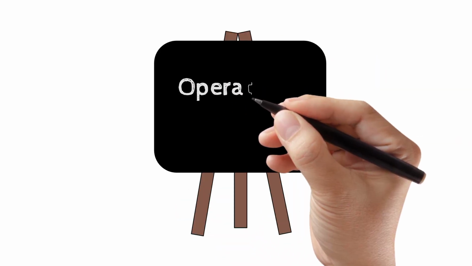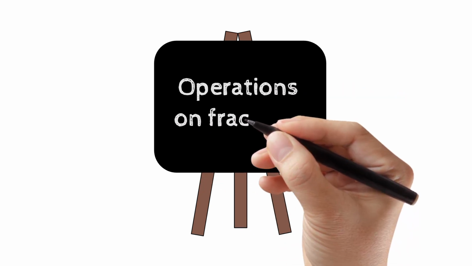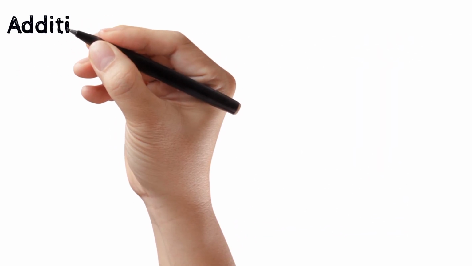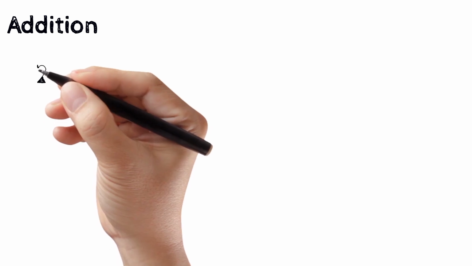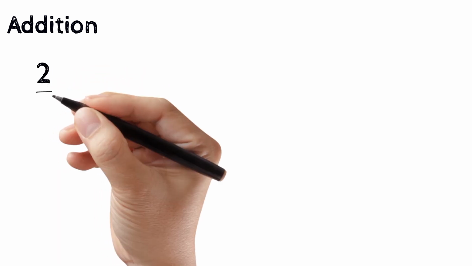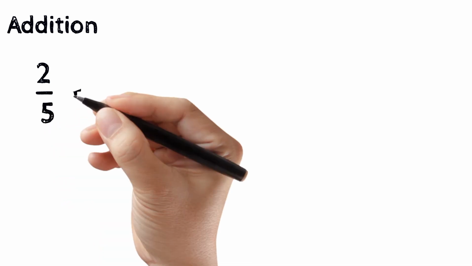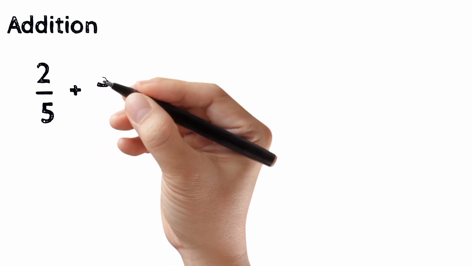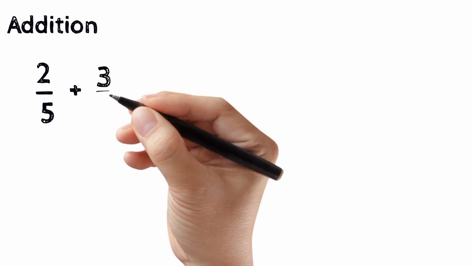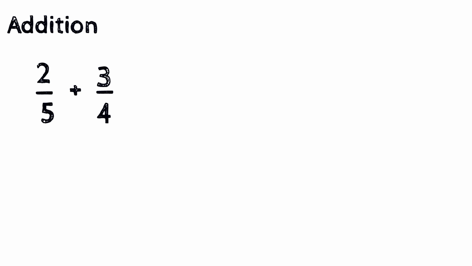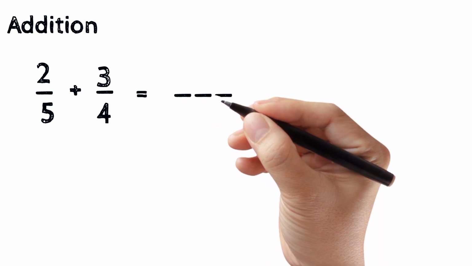So guys, let us now see about operations on fractions. This means addition, subtraction, multiplication and division on fractions. Starting with addition, starting with simple fractions, 2 over 5, and then plus, since it is addition, 3 over 4. So this is equal to, the first step, just draw a line to separate the numerator and denominator, then